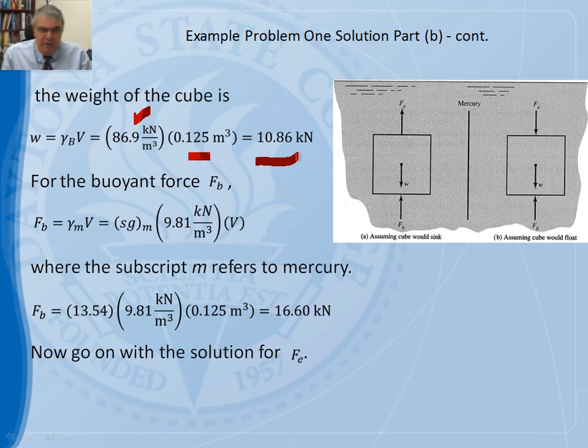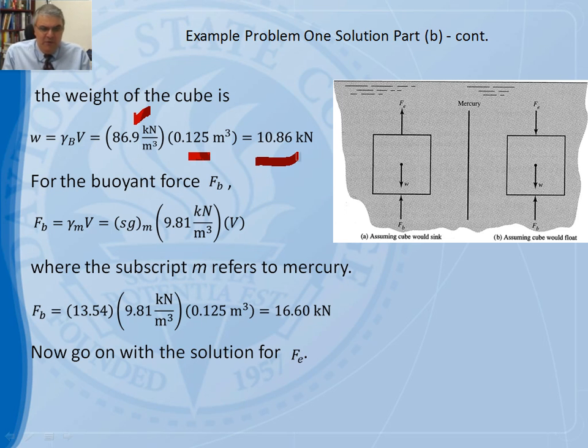Some of you who may not think in engineering terms, I've heard this, say that the object is lighter in water. Well, it's not really lighter. It has the same weight. It's the buoyancy force that pushes it upward and makes it feel lighter. The weight is exactly the same. The weight of an object on Earth is the same, whether you submerge it in water, whether you submerge it